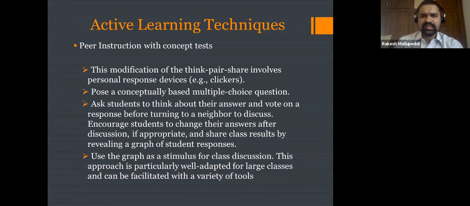And all these techniques, like I mentioned, are there to improve the students' learning. They're there to improve the students' understanding of the subjects. So whatever techniques you are using, like I said, please think which is suitable for you. Think of how you are going to do it, or think of different variations that you can come up with